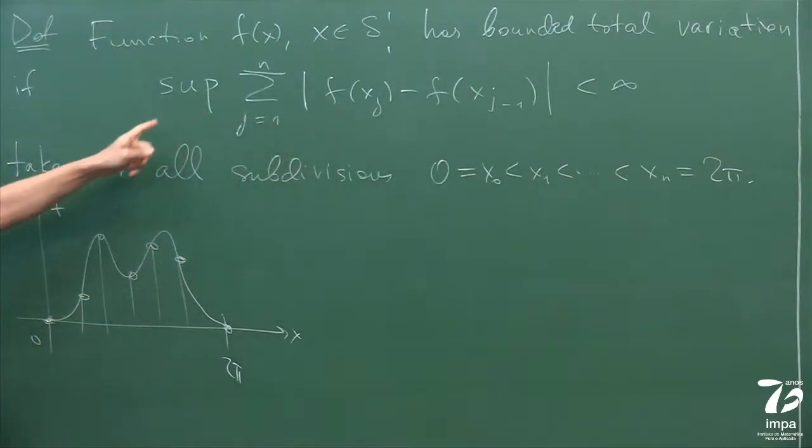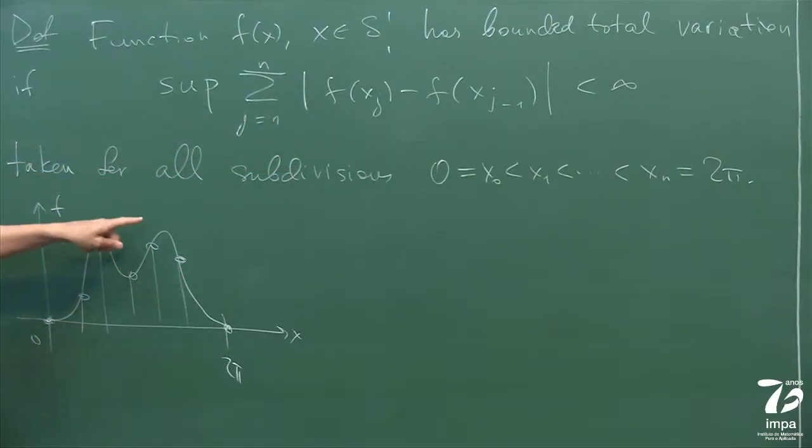If you take the supremum, it's kind of the total. It means that for this function, it will be the sum from the maximum to the minimum, from the minimum to the maximum. So how much the function varies